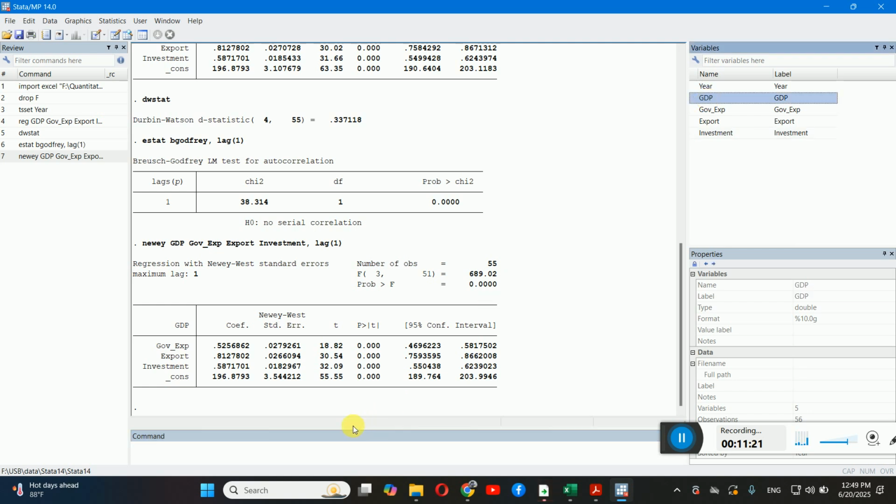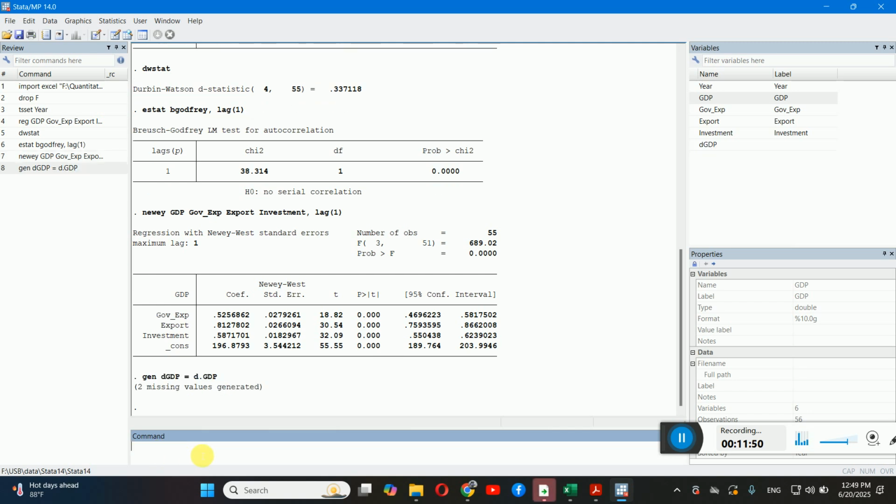You can use the command gen, and I'm using another name, dgdp, and this should equal d.gdp. This command creates a new variable, the first difference,